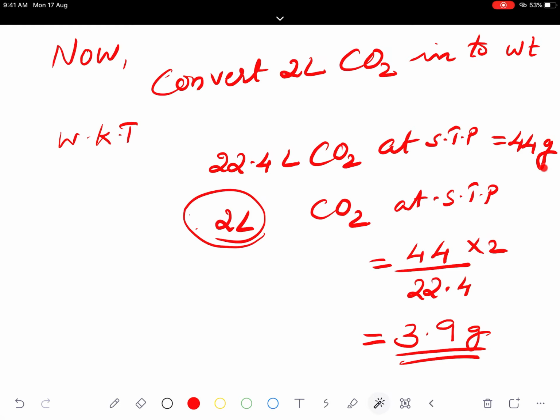The reaction is not going according to the amount of those 3 liters of CO, because only 2 liters of it are utilized. But the reaction is going according to which reagent? That is oxygen, not CO. So here oxygen limits the amount of the product. That means oxygen is the limiting reagent. The reagent which is less in quantity is the limiting reagent.